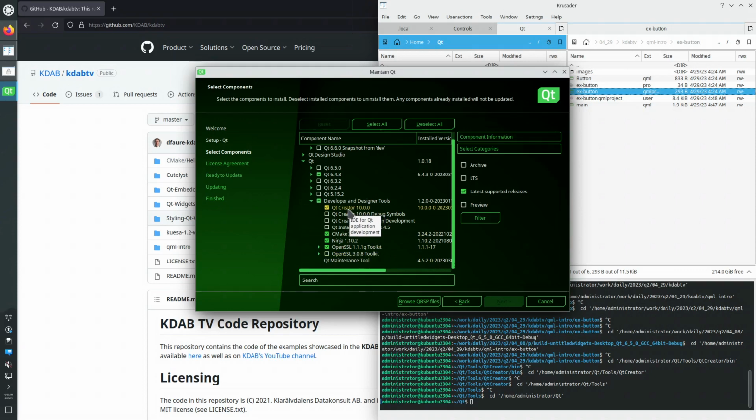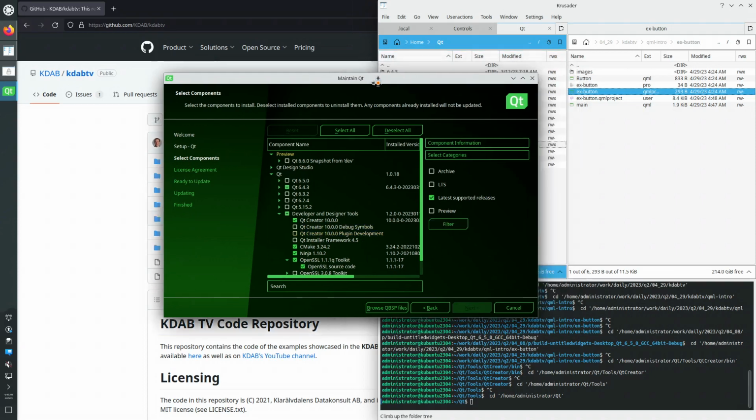This is probably selected by default: Qt Creator, CMake, and Ninja. I have OpenSSL and the source code of OpenSSL, and then, in order for me to have a Qt version and enough Qt modules and QML, Qt Declarative, etc.,